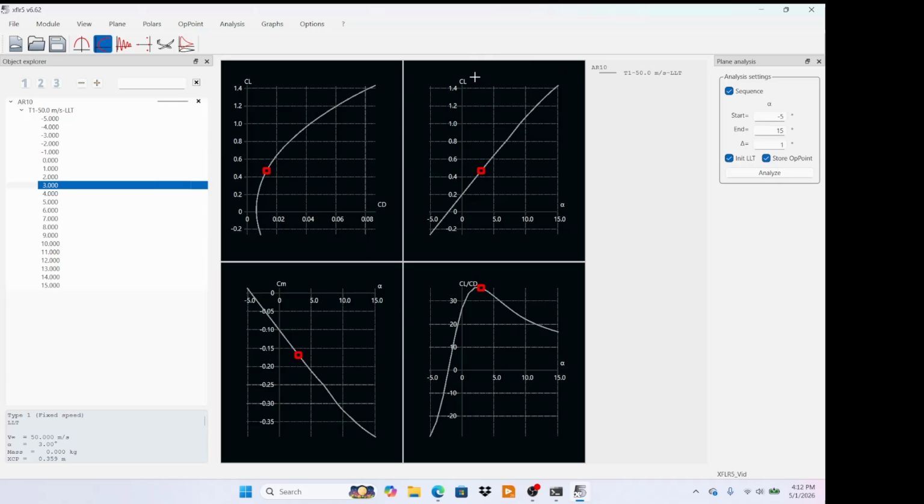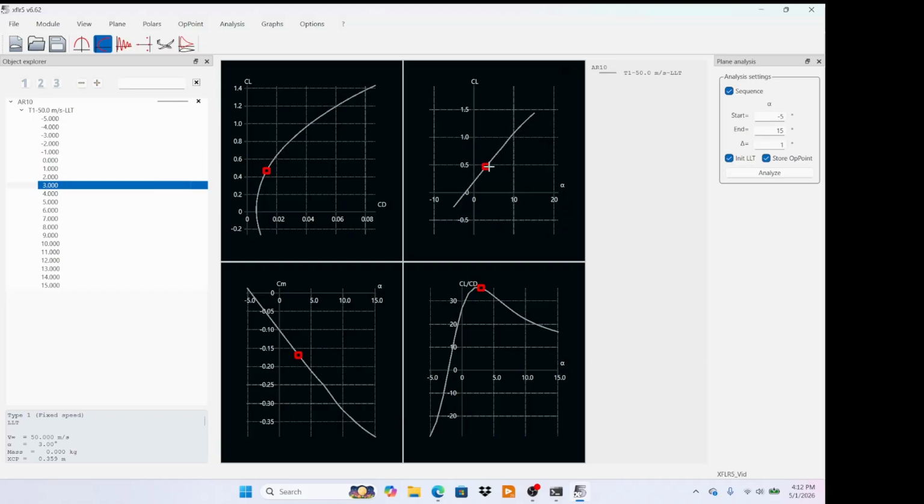But anyways, from here, we can now go over to this, and you can see our data, which we have CL versus our alpha graph, and then we have CL, change this a little bit. We have our CL CD versus alpha graph, and then we have